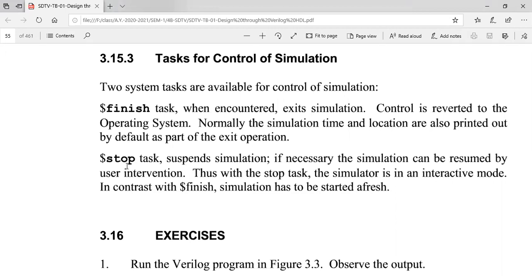If I have a very big program, in which I am calling some other functions, at some particular point of time I will suspend the simulation present here, go to some other module, execute some statements there, and get some results. After encountering finish in that particular module, it will return back. That is called stop. If you use simply finish, then it will stop the simulation.